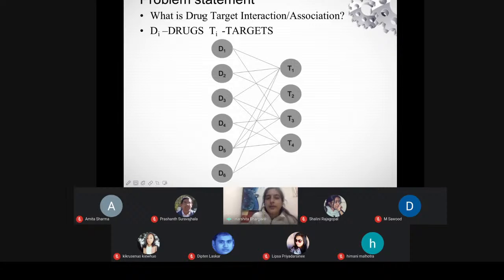Now, what are the drugs and what are the targets? ठीक है, अगर हम इसको मॉडल करते हैं तो drug target interaction, or in short, I can say it is DTI problem. This can be modeled as a recommender task in which the drugs are the users. ठीक है, यहाँ पे these are the targets, मतलब items are the targets. Now target specifically what I am talking about, these are the proteins. We'll be using the proteins but they may be RNA, DNA. ठीक है, तो यहाँ पे targets कुछ और भी हो सकते हैं.